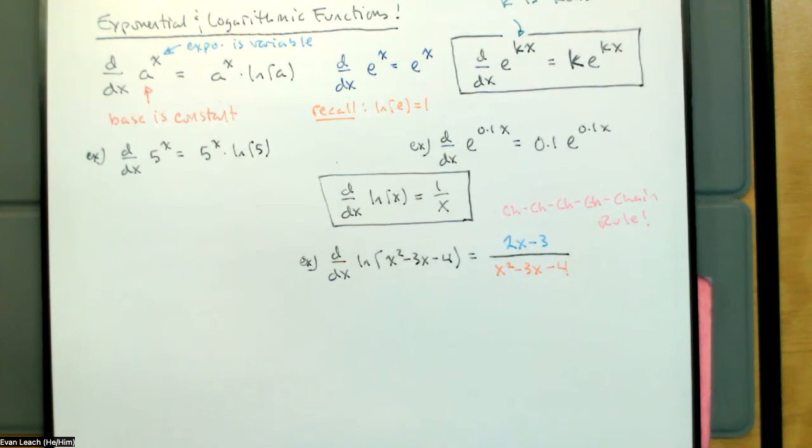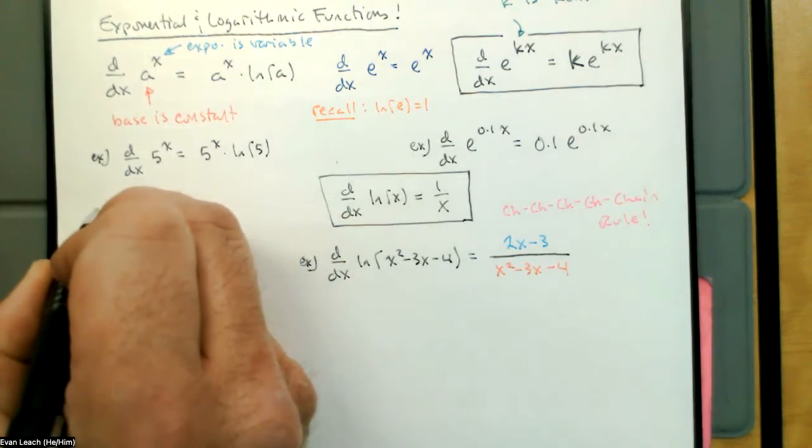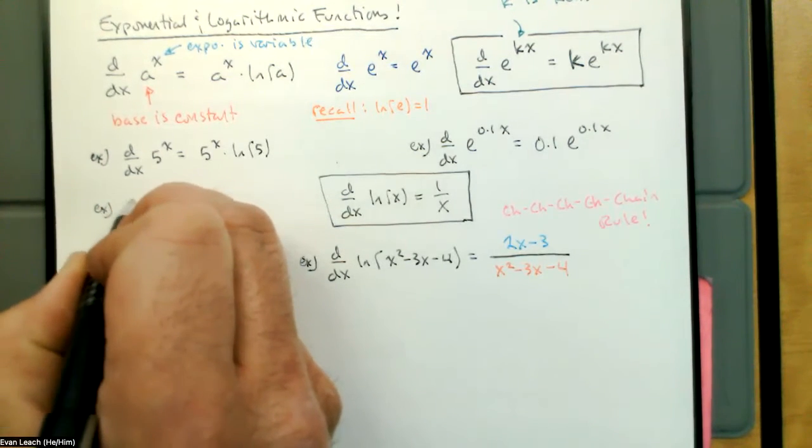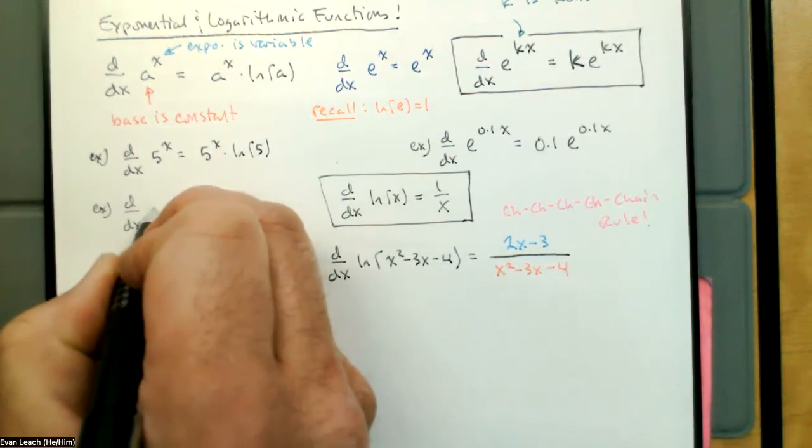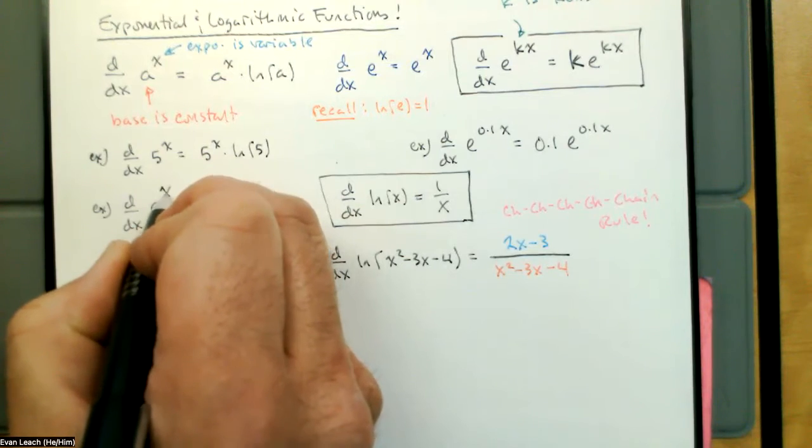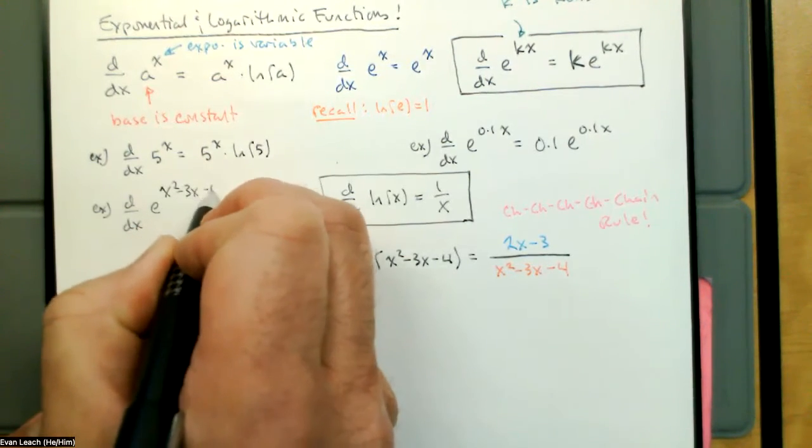The derivative of e to the kx is k e to the kx. The derivative of natural log of x is 1 over x. The derivative of natural log of a thing is 1 over that thing times the derivative of the thing. How's everybody? Okay. If we had something more complicated in our exponential function, we would do the same thing. So if, for example, I wanted the derivative with respect to x of e to the x squared minus 3x minus 4,